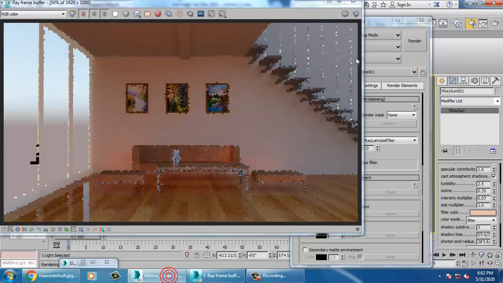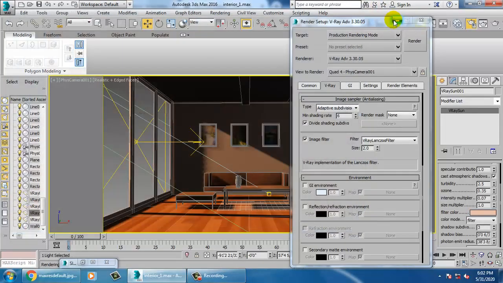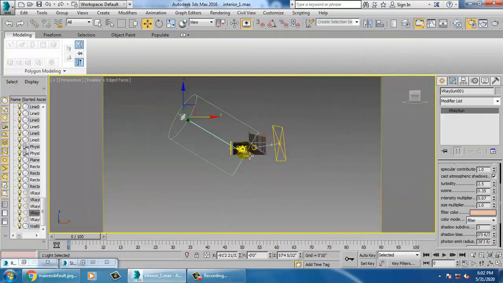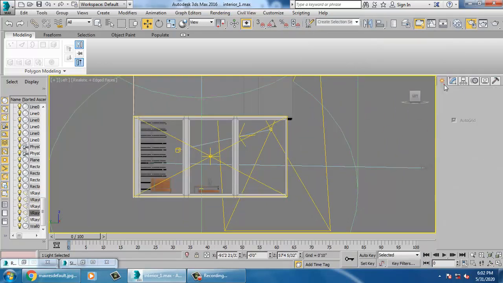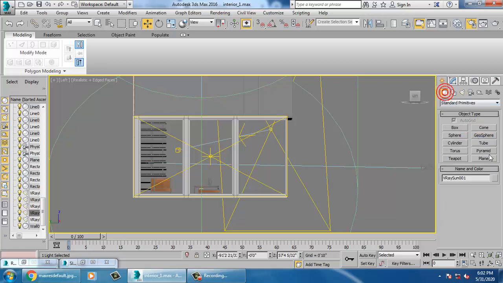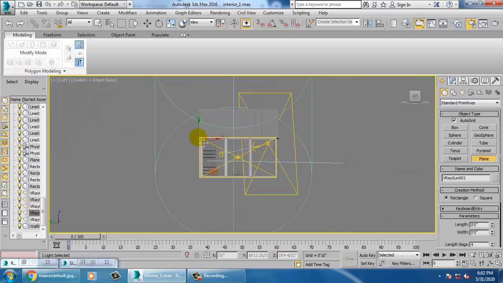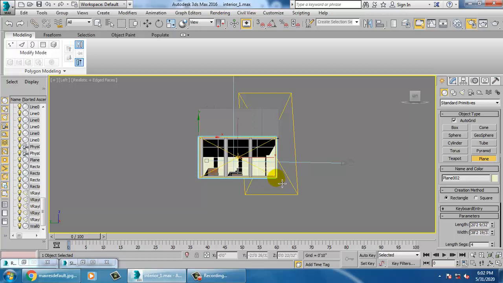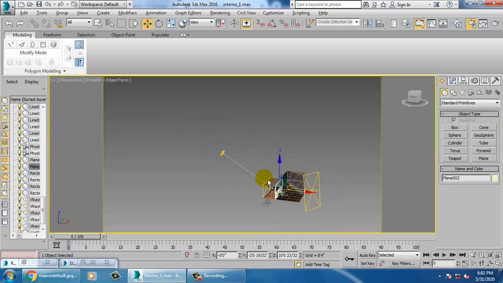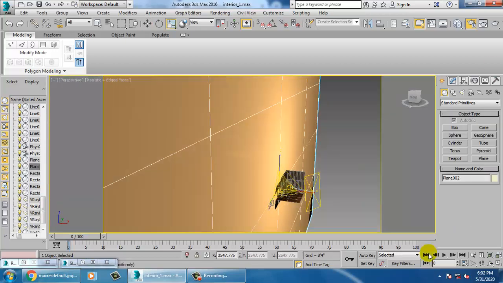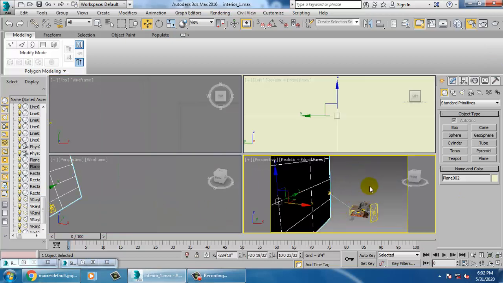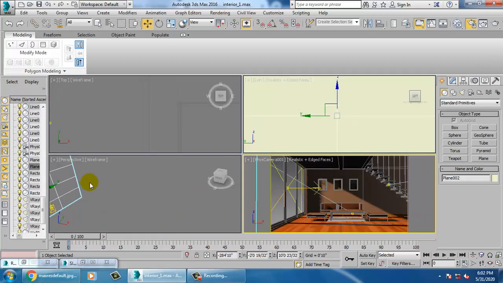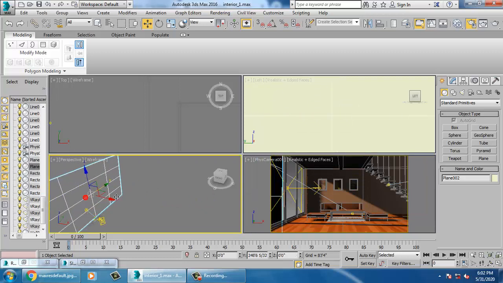Let's go into this and press P. Let's go into this view, that's the left view, and let's take a plane over here. So let's just go into this camera view and push it behind.